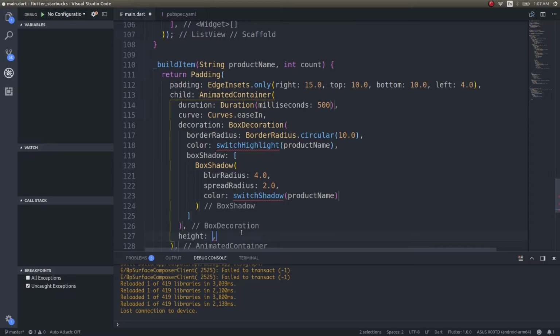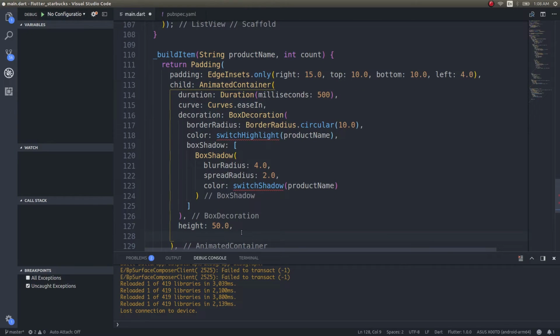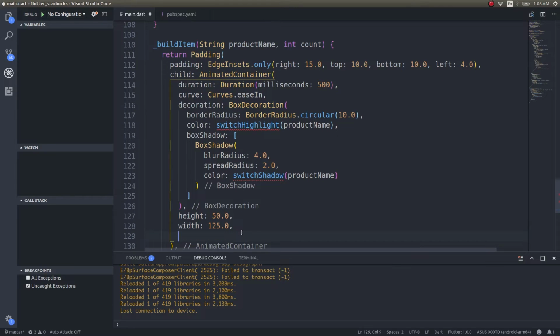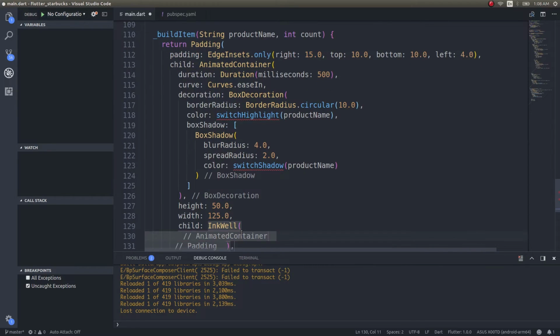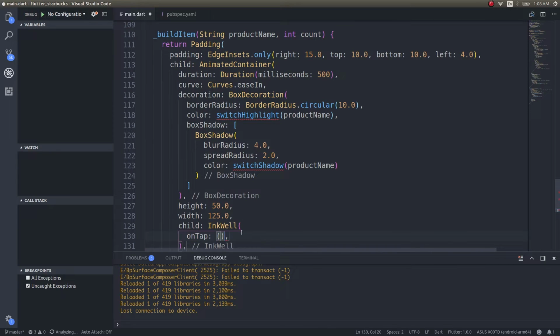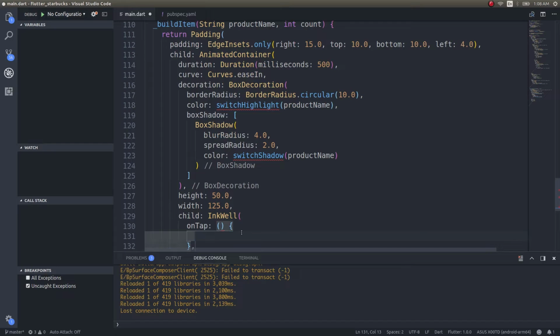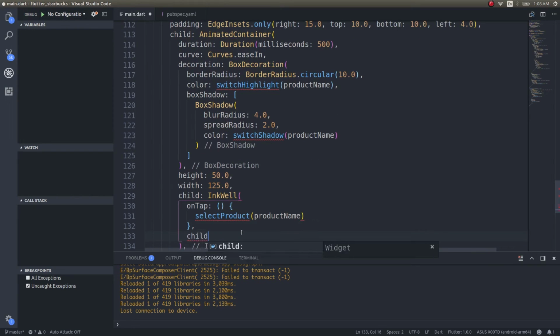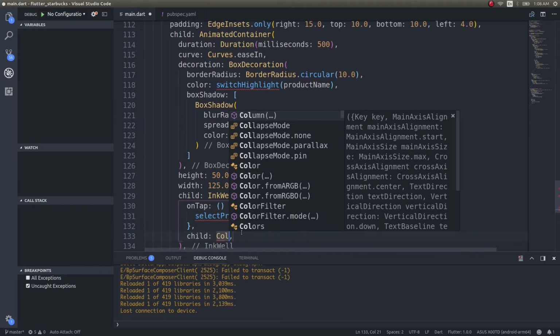Height, I'll give this height 50 maybe, and width would be some 125 units, and child would be an inkwell which on tap should switch the color. So on tap, select product name. Fine. And this inkwell will have a child which will be nothing but a column